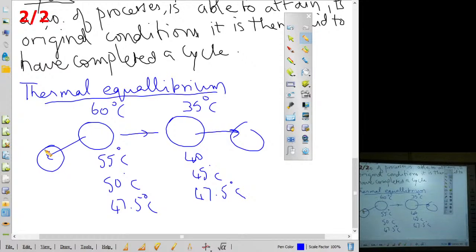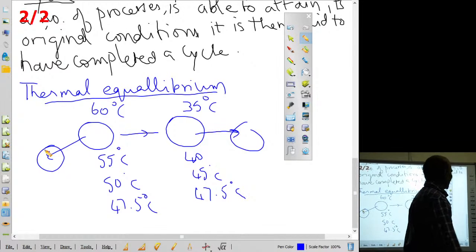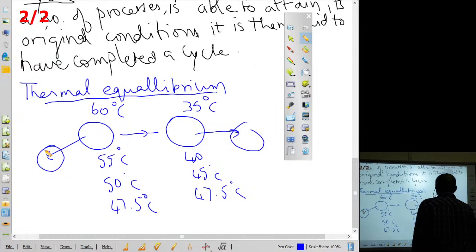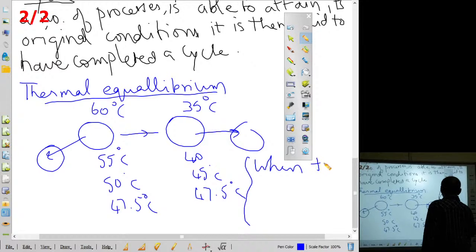Right. So these are all the details about thermal equilibrium, but note this point, that when there is thermal equilibrium,